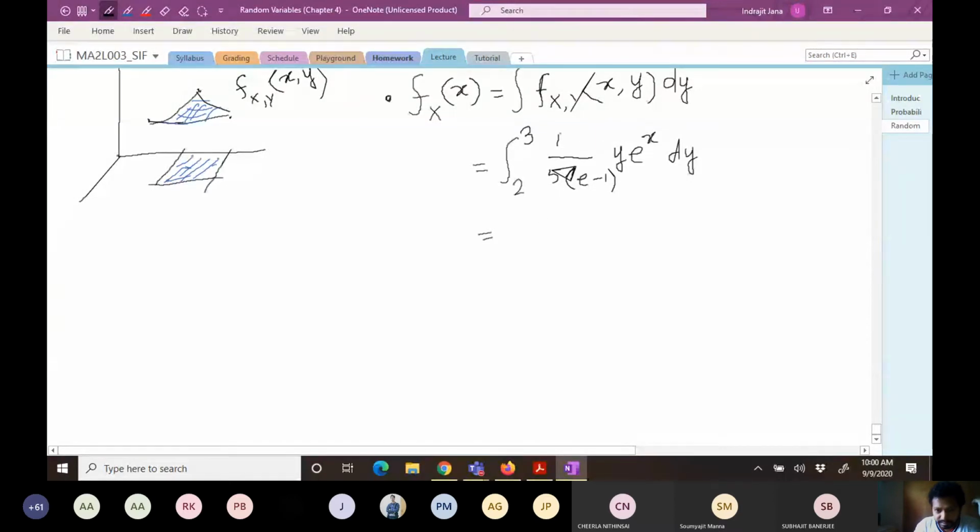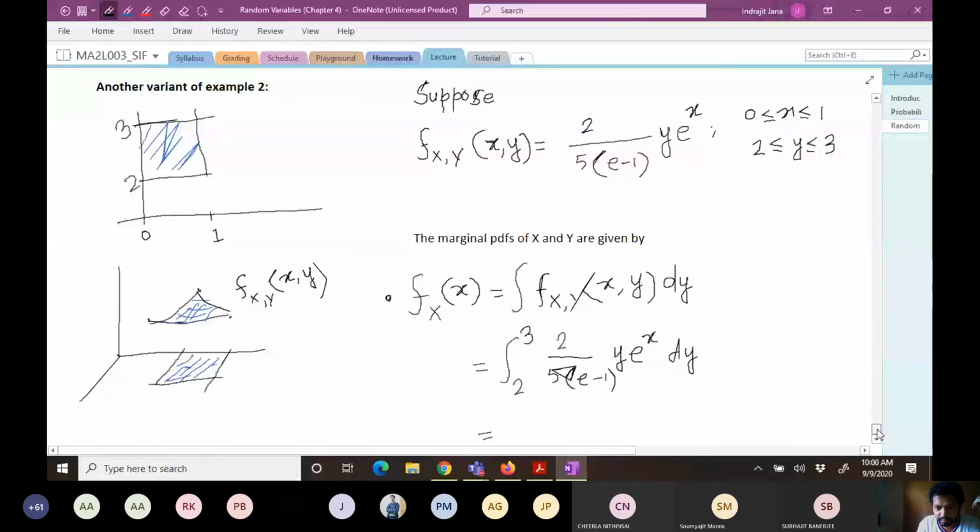Sorry, actually I made a mistake here. This was 2 over 5, not 1 over 5. Let me see, yeah, it was 2 over 5. Okay. And after the integration, this will become 1 over (e minus 1) e to the power x, and this is valid for